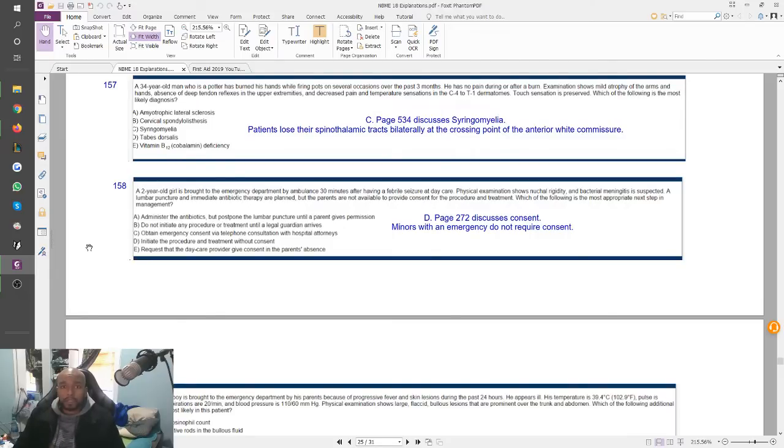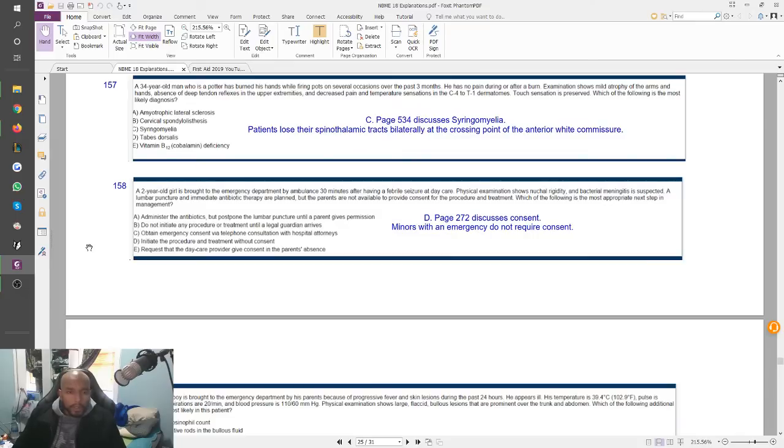Right, so you know this is going to be Syringomyelia. This is the same kind of scenario you always get for Syringomyelia. This guy is a potter. Other questions are going to be like a woman who's always burning her hand in the kitchen when she's cooking. It could be a man who's out working in fields, and he keeps hurting his hands with hot things that he's working with, and he just can't feel the temperature, right? So those are the basic concepts of that, and this was very straightforward because they even gave a very easy answer choice. The answer is straight up just Syringomyelia. They didn't put it in any kind of confusing way.